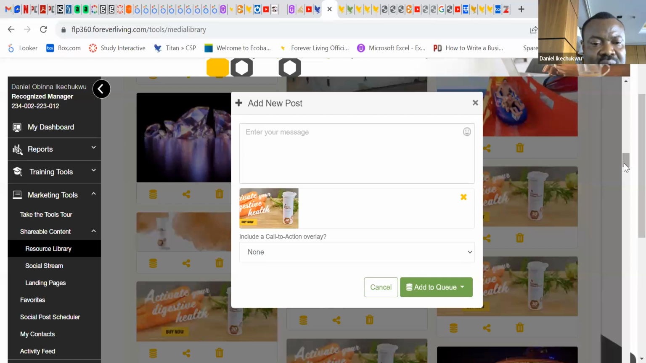Remember, this is probiotics, right? This is probi, and the post we have here is talking about digestive health, right? So what additional message do you want to put there? I can say